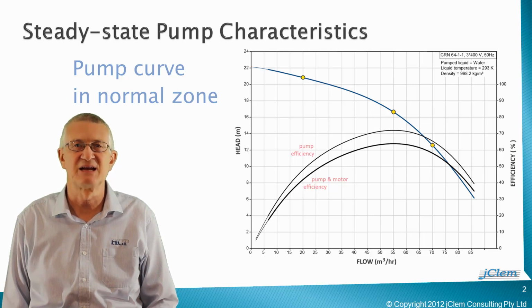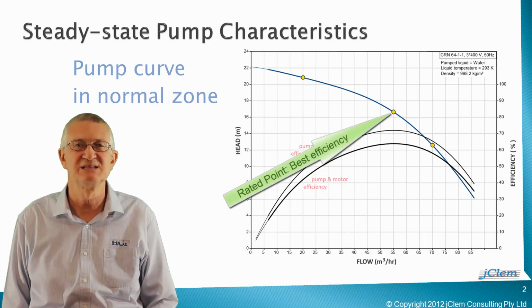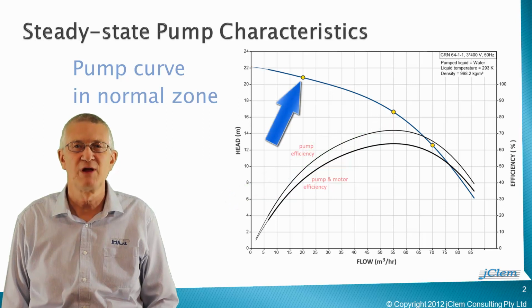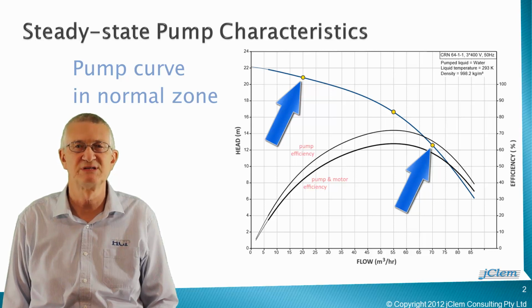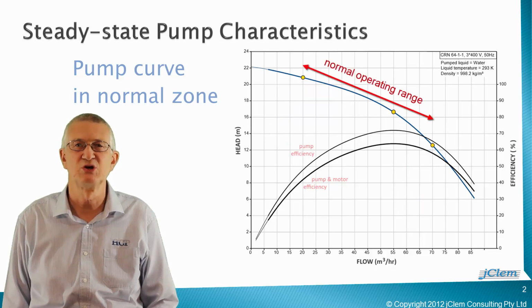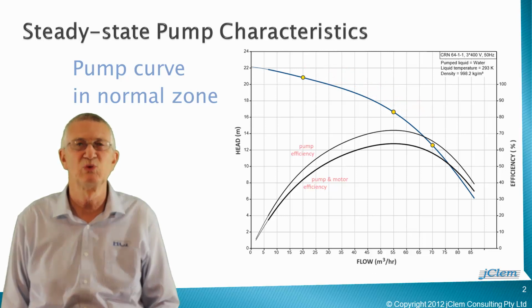In steady-state analysis, a pump curve is defined by 3 data points. The central point is intended to be the pump's rated point, that is, its best efficiency point. A low-flow data point and a high-flow data point complete the definition of the pump's characteristics used for steady-state simulation. Users typically select the position of the low-flow and high-flow data points to enclose the range of normal steady-state operating conditions. This lesson will, however, unfold the reality of the 4 operating zones because when it comes to transient simulation,